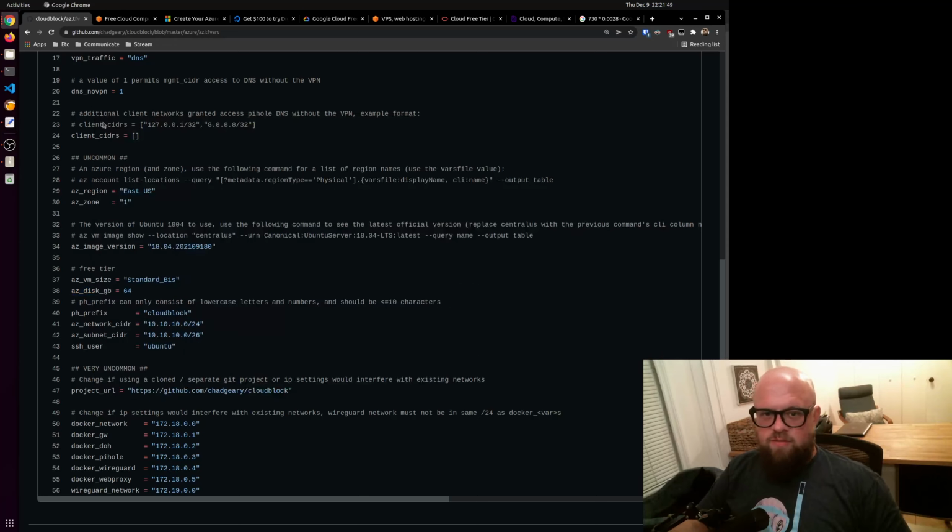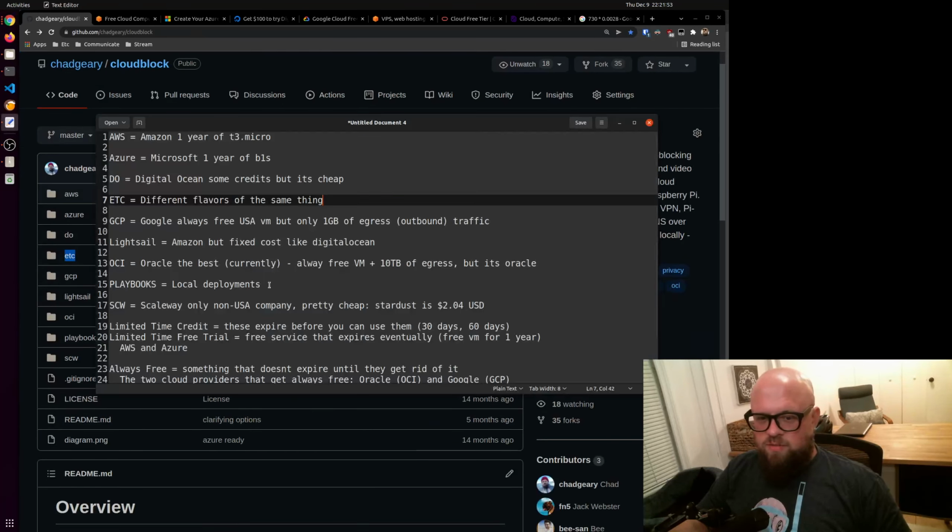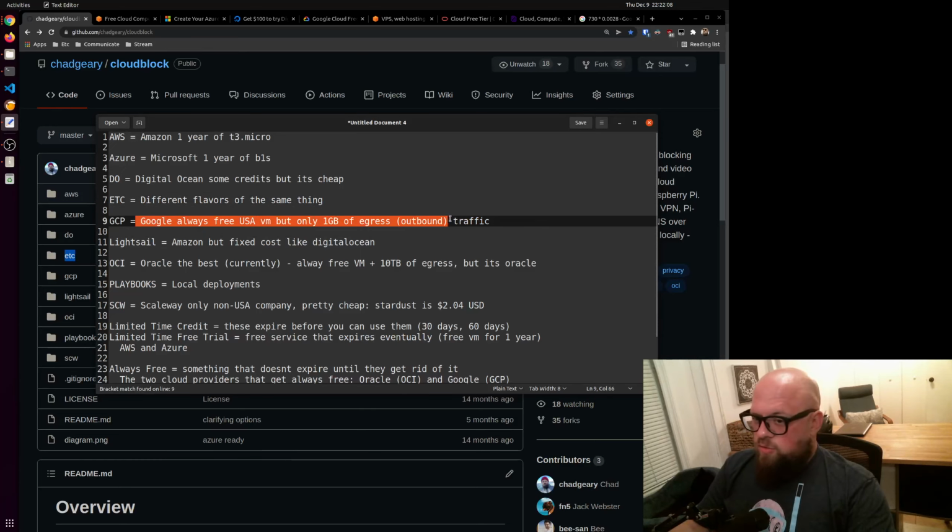The Etsy folder. This folder is for special flavors of the deployments. Maybe you want to deploy Cloudblock and Cloudoffice at the same time in Oracle, or you want to deploy GCP Cloudblock, but you don't want to pay for encryption. Check out the Etsy folder for some special flavors. GCP is Google.